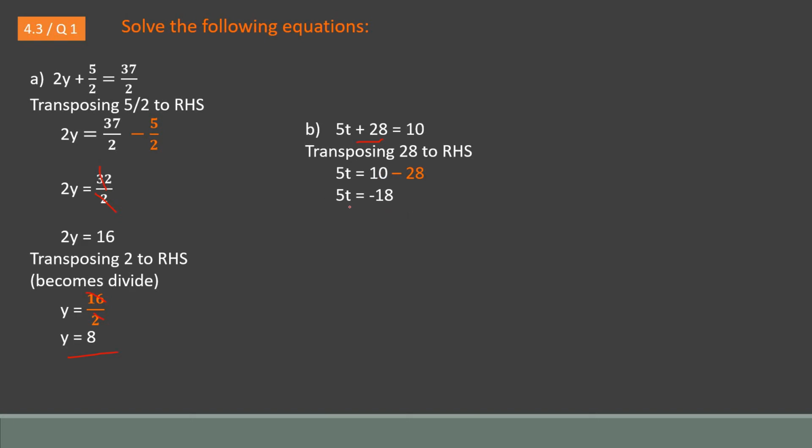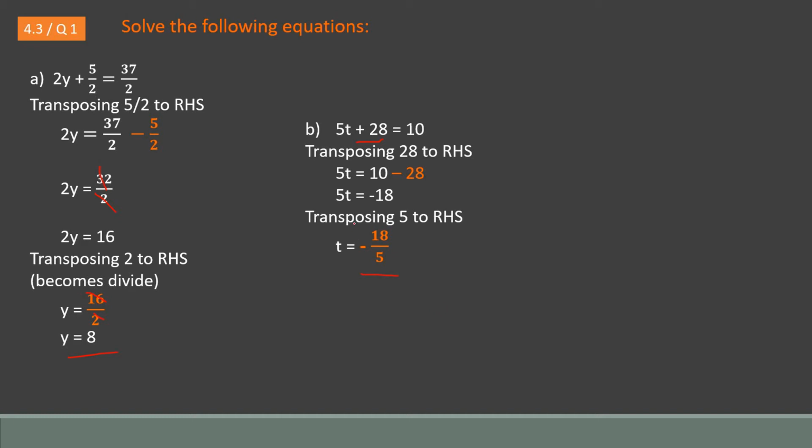My new equation is 5t is equal to -18. So what next I'm going to perform? क्या करना है याद है आपको? जी हाँ, ये 5 को मैं लेफ्ट हैंड साइड से शिफ्ट करूंगी राइट हैंड साइड में. अगर ये यहाँ पे मल्टीप्लाई है तो यहाँ पे आने के बाद होगा डिवाइड. So transposing 5 to right hand side, I'm going to divide this. So t is equal to -18 upon 5. I'm not getting its simplest form. 18 को 5 से divide नहीं होता है. That's why my answer is only t is equal to -18 upon 5.